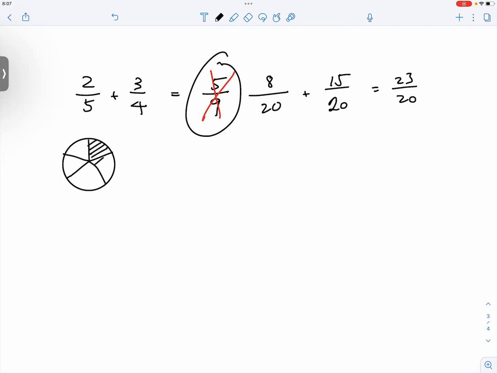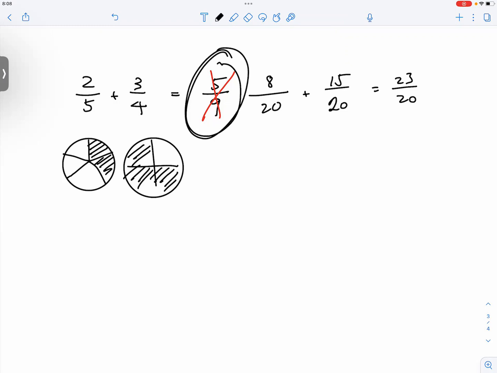Let's consider this as a pie chart. This is 2/5, right? And this is 3/4. Visually, would you say that there will be more than 1 circle if you add them together? Yeah? Visually. And if you look at this incorrect answer, 5 over 9, I hope that you can visualize that